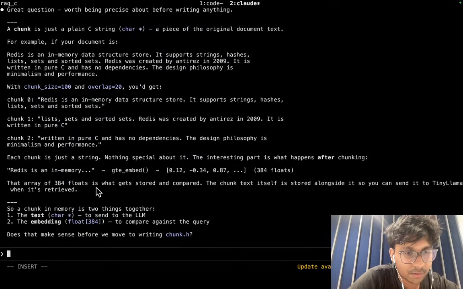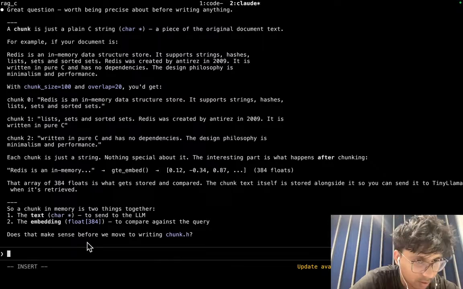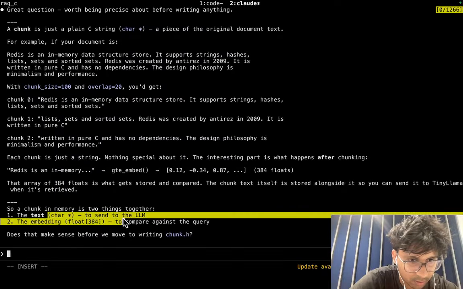That array of 384 floats gets stored in Chroma. The chunk text itself is stored alongside it, so you can send it to TinyLlama when it's retrieved. Okay, that's cool. So a chunk in memory is two things together: the text, that's sent to the LLM,